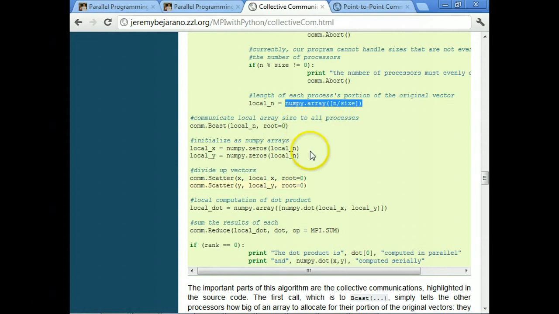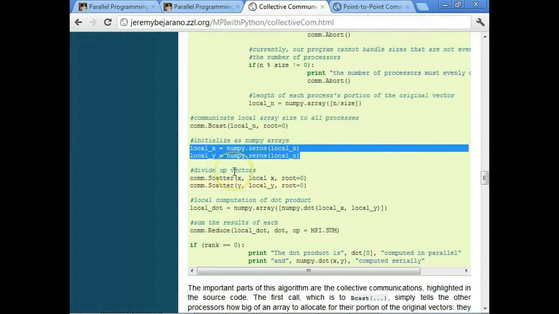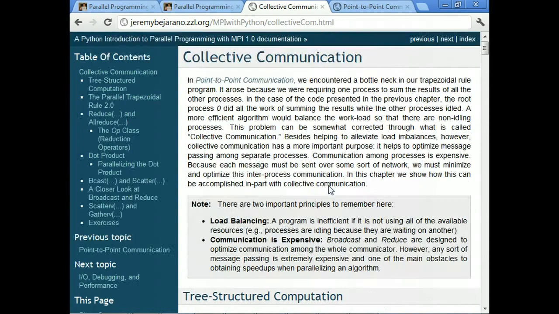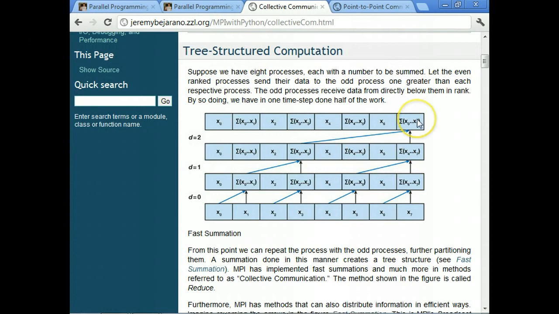So each process initializes the vectors, and then here is where we divide them up. We use scatter. And so scatter works in almost the same way as broadcast. It's going to do something similar where the root process has the whole vector, and then it just starts splitting them up, and it does so in a collective fashion, similar to this one.